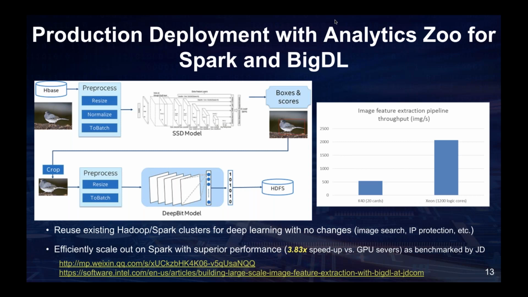So the whole workload can run on the existing Yarn cluster. From this change, their current solution has a 3.83x speedup compared with their old GPU solution. Next slide.